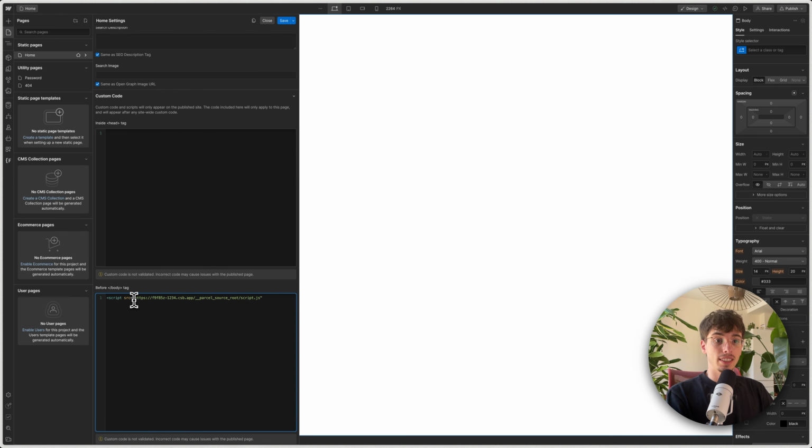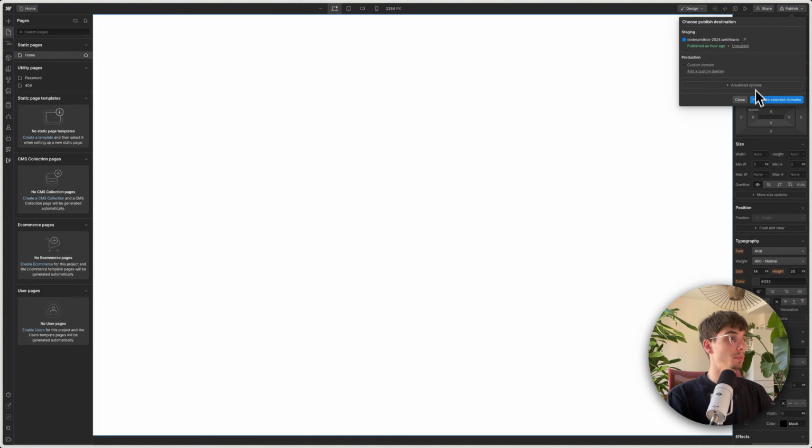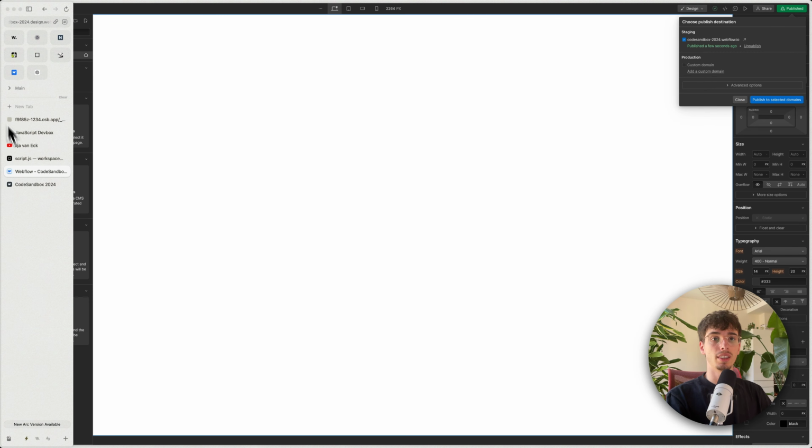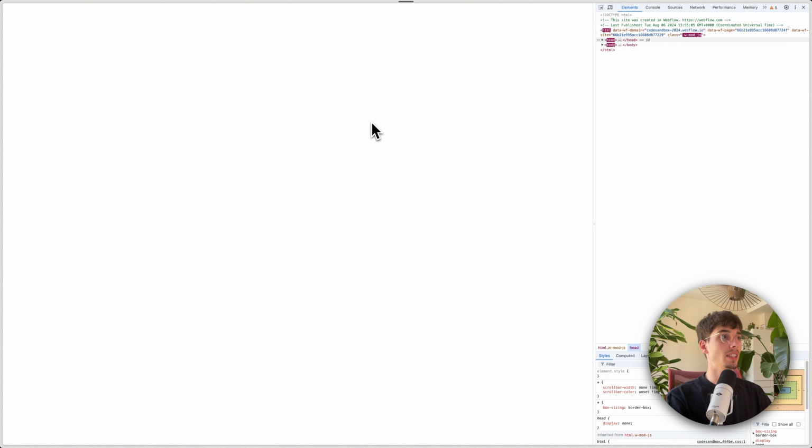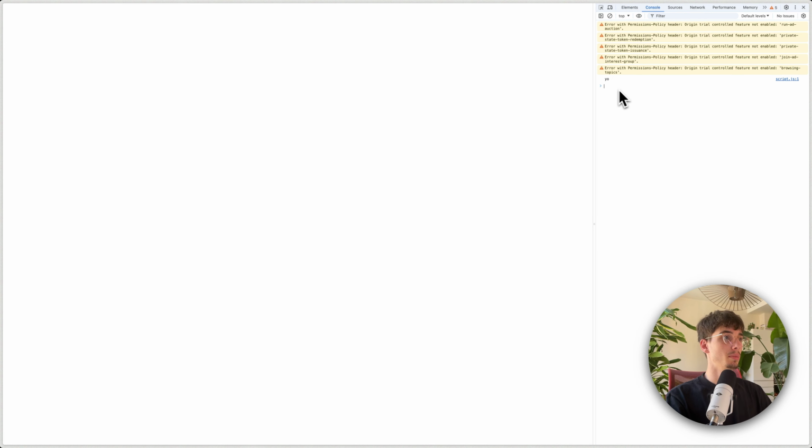We paste that thing, then we do the double underscore parcel underscore source underscore root, and then slash the file that we just created. We make sure to properly close our script tags, and then that's it. So if I now save this and publish to this project,